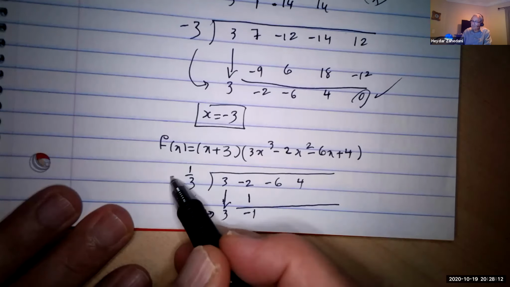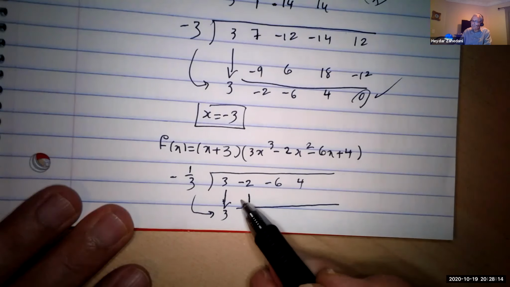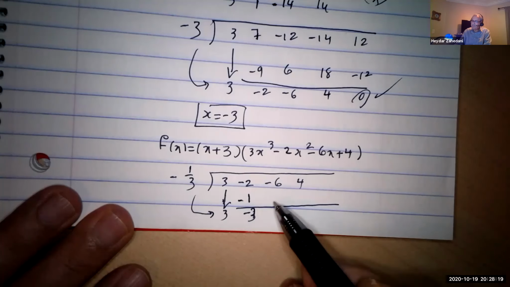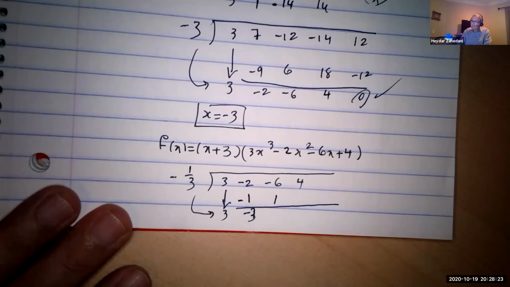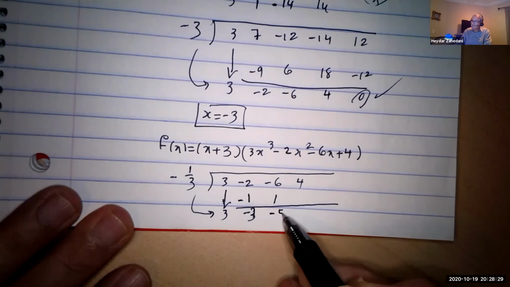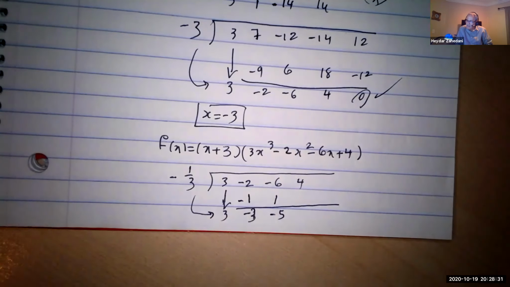Let's try -1/3. -1/3 makes it into the -3, then you multiply together. That gives you 1. If you multiply together 1, that gives you -5. No, it's not. I'm surprised